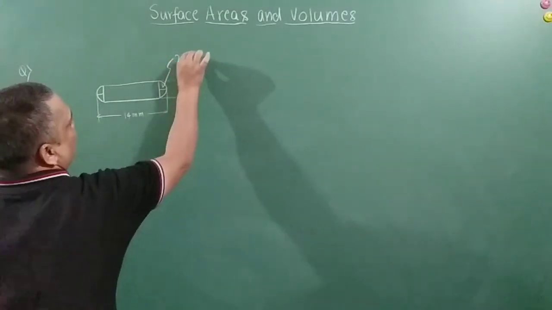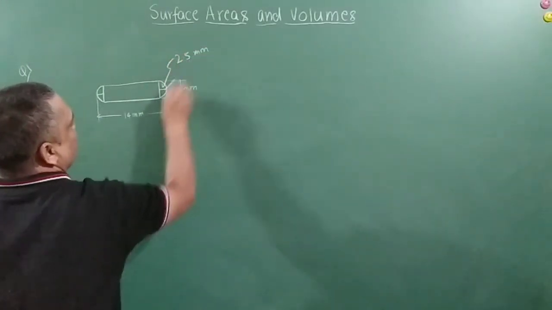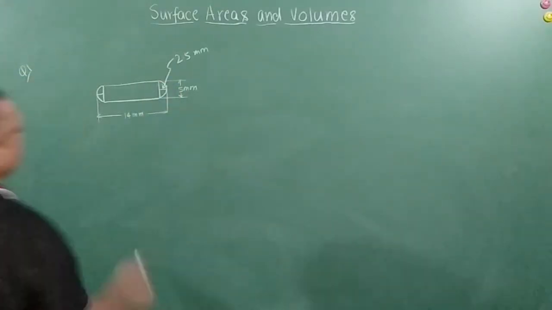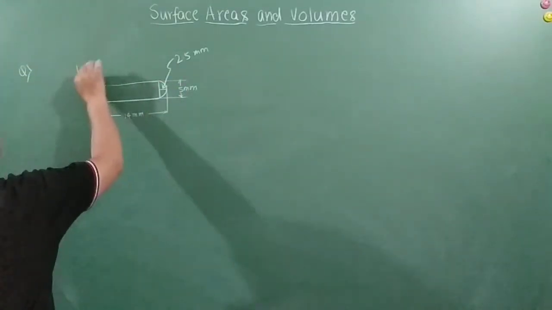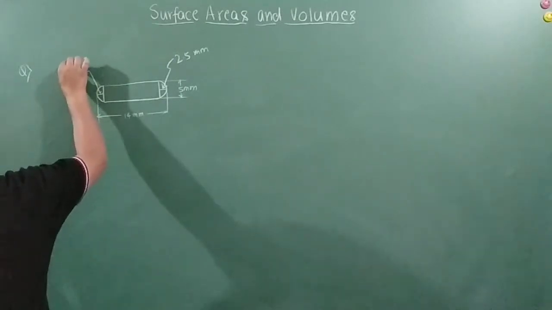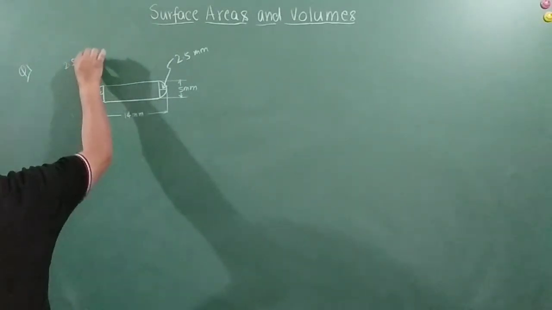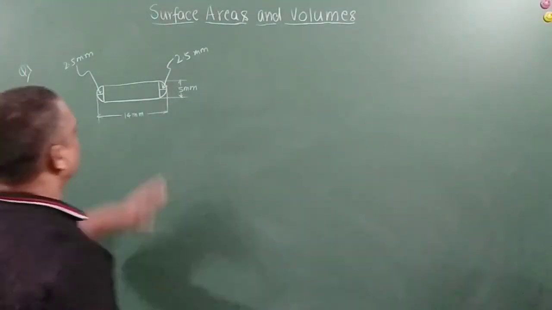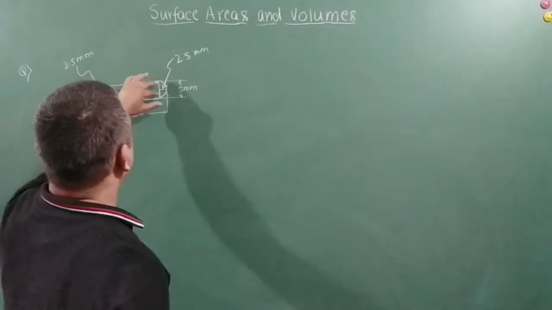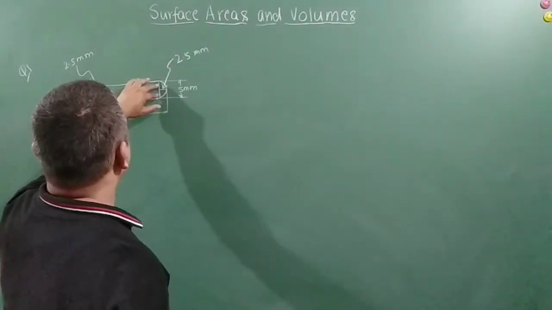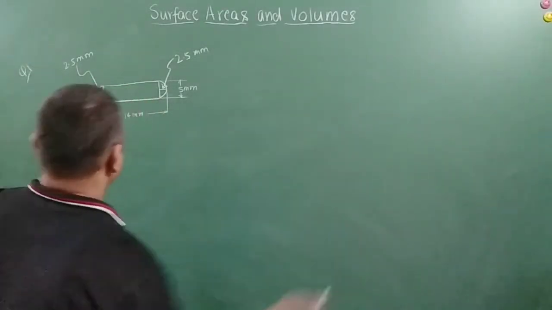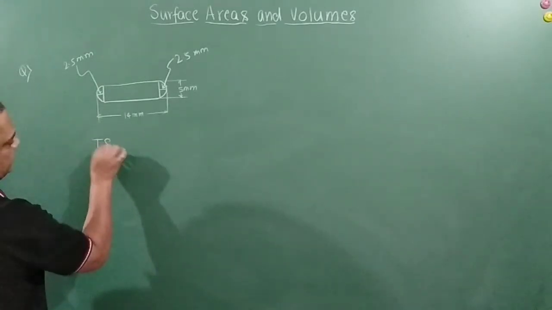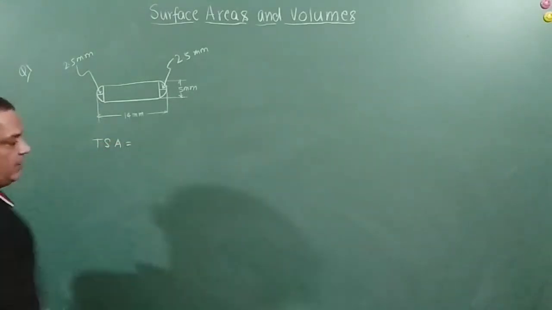I am talking about 2.5 mm, this radius, right? So similarly here also. Right? So what are they asking me to find? Find the surface area. Okay. So friends, I have got the radius also here. Radius is 2.5. So yes, the total surface area will be